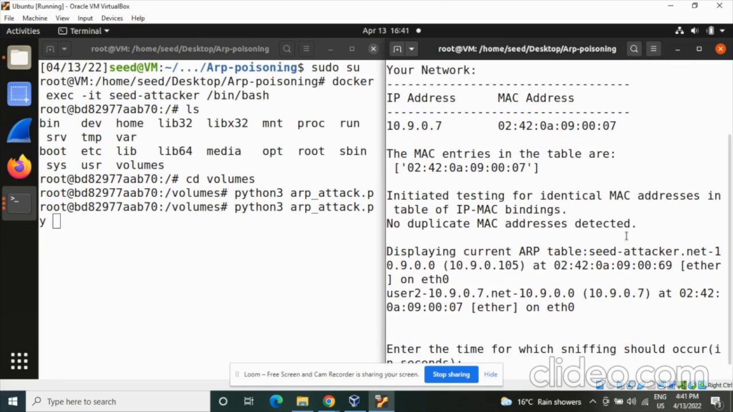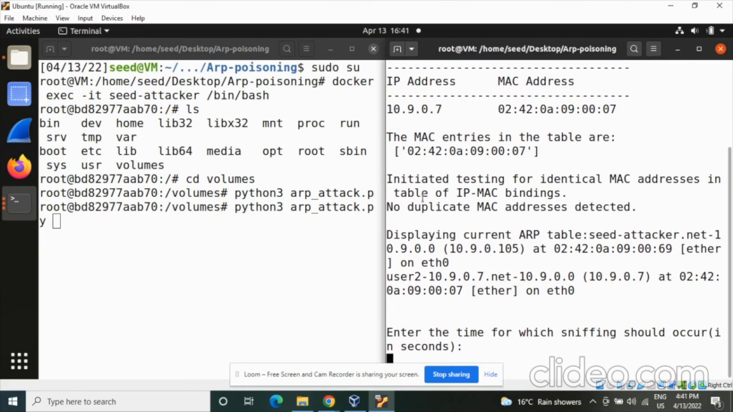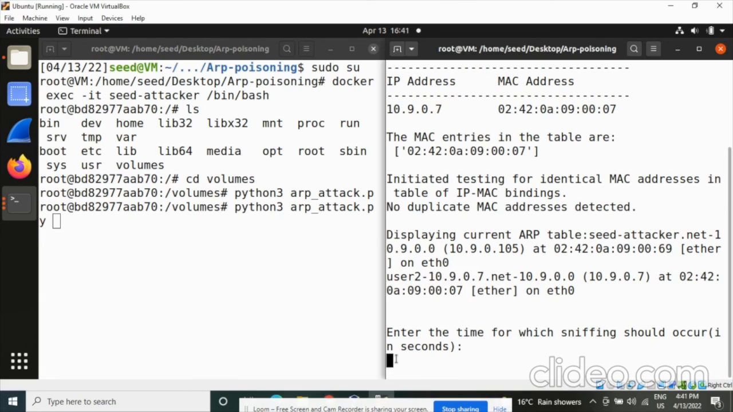So it shows us the network that we are on and the MAC address, and it is also displaying the MAC address of the attacker. This is the attacker's IP address, and this is the attacker's MAC address. And it is also showing the target IP that we have provided as input, and its respective MAC address. So now it is asking us for the time for which we want